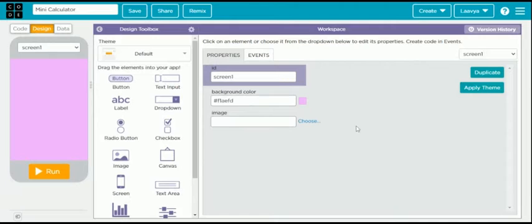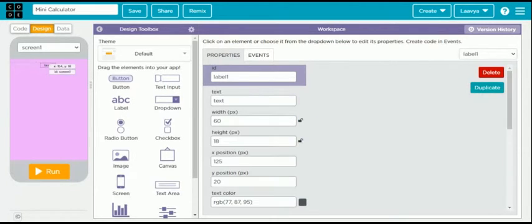After you're done with the background color, first we'll have to display a heading, so we'll take a label. We cannot take a text input. It is also used for typing, but in that, the one who is using the app can type, but in the label, only the user cannot type. So we'll take a label. We do not need to rename it because we won't require it in coding. We can just increase its size. The font size will increase later. We can just increase the box right now.